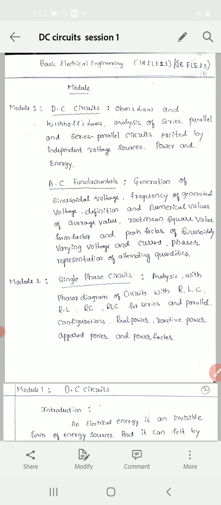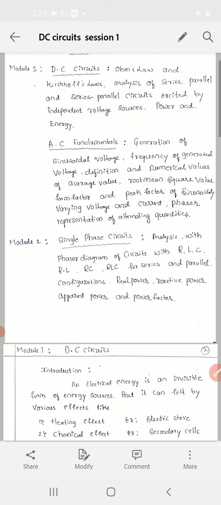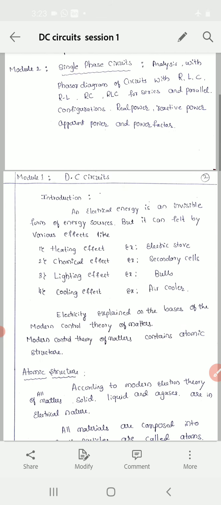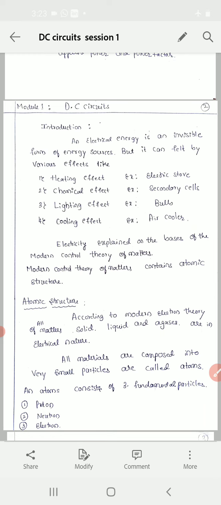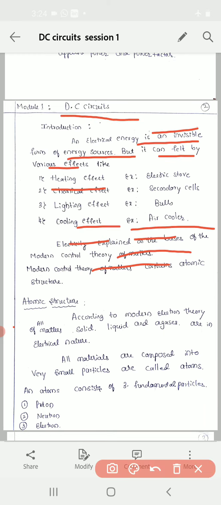Okay, let us discuss your first chapter, DC circuits. This is module 1, DC circuit introduction. What do you mean by DC? DC means direct current circuits. Before learning about DC circuits, some introduction about basic electrical engineering: electrical energy is an invisible form of energy source,